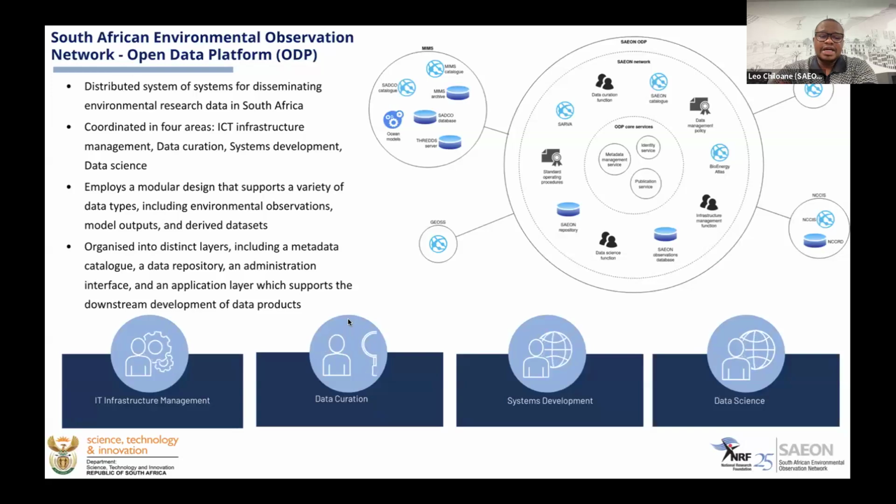So the way we've structured our platform is we are running it as a system of systems that's coordinated in 4 areas, focused on ICT infrastructure management. So at SAON, we have to manage our full infrastructure in-house: data curation, systems development, and data science. And it does have a modular design that supports a variety of data types, organized into distinct layers, including a